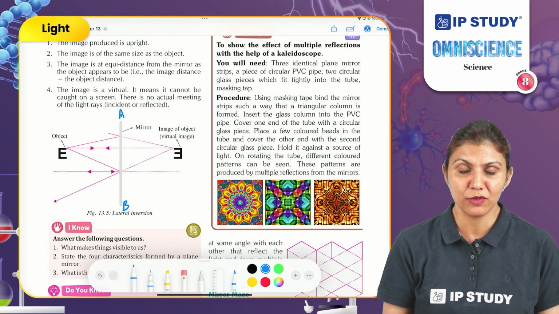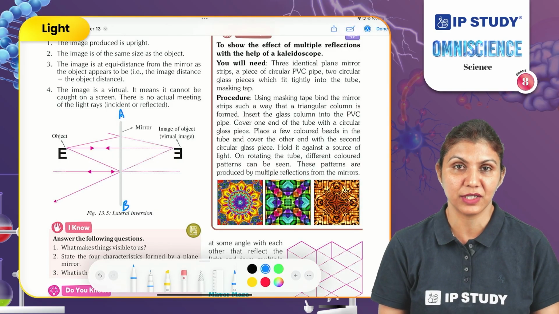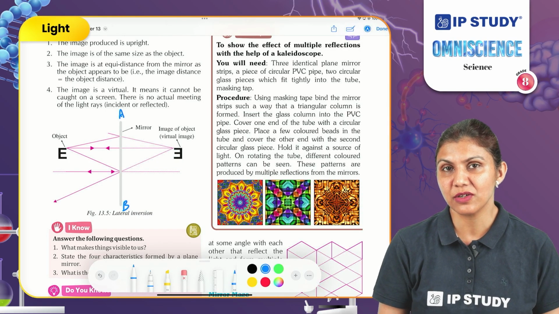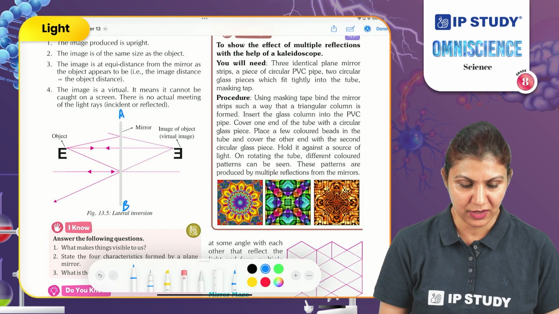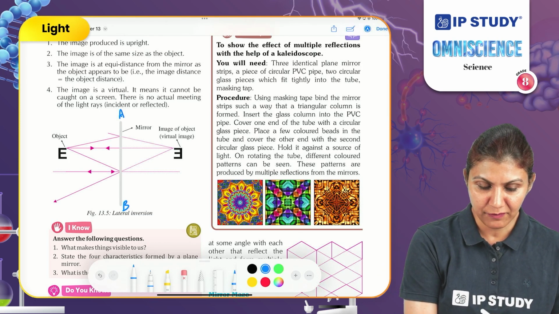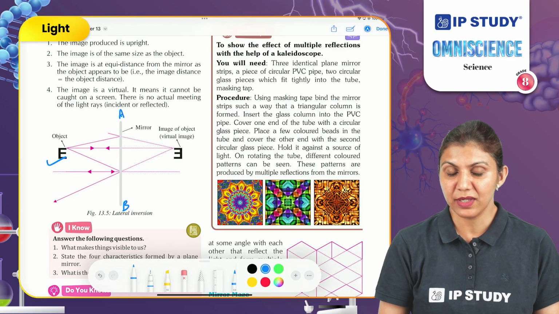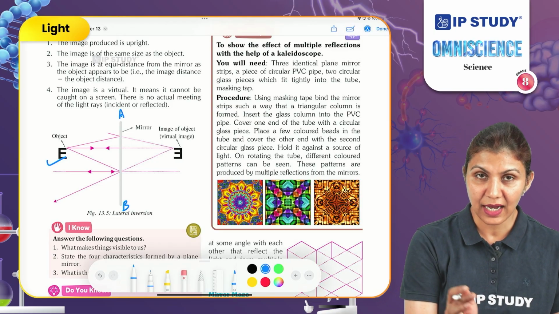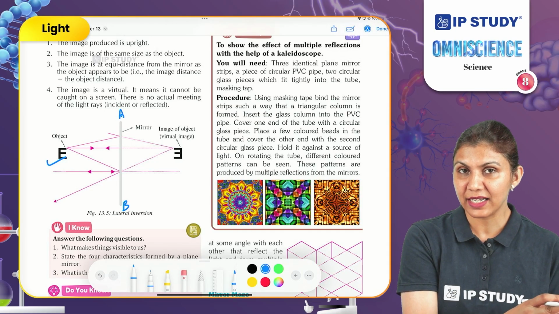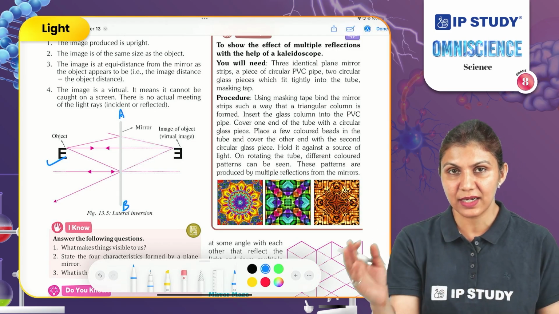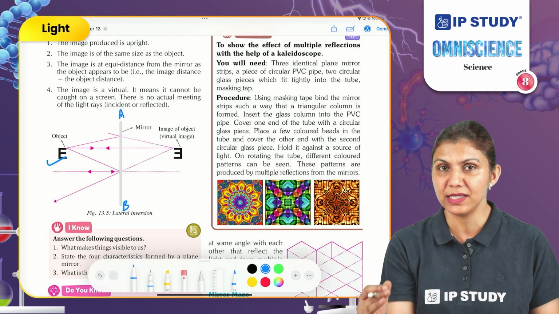So you will be able to find out why we can't use a symmetrical object here to understand the features of an object in the plane mirror. Here we have placed one alphabet E in front of the mirror AB. Light rays are interacting with alphabet E and then these are directed towards the mirror to form its image.